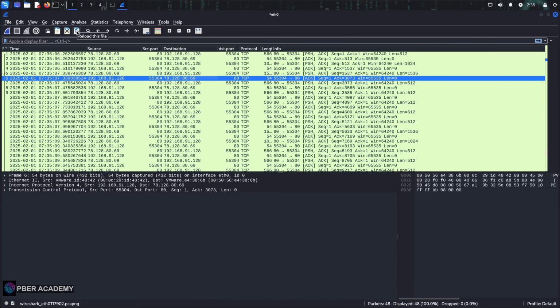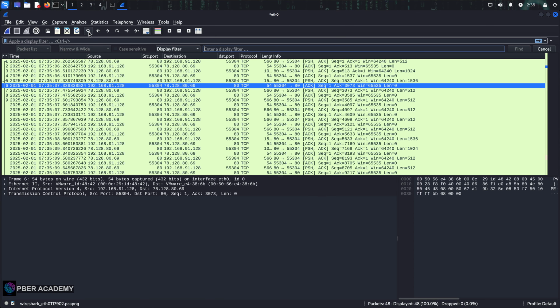If you want to reload this file, for example you uploaded the pcap file, but something has happened, like multiple filters were used or something else went wrong, you can reload the file and start over from where you left off. And this is finding a packet. In case you want to find some packet,